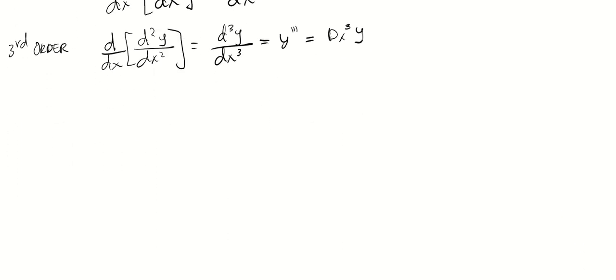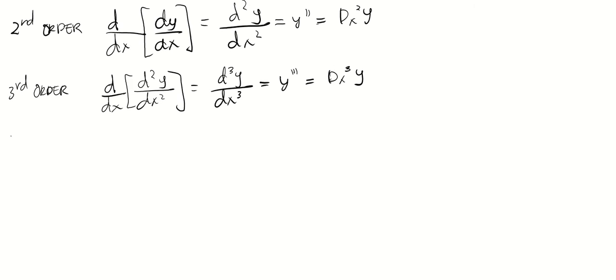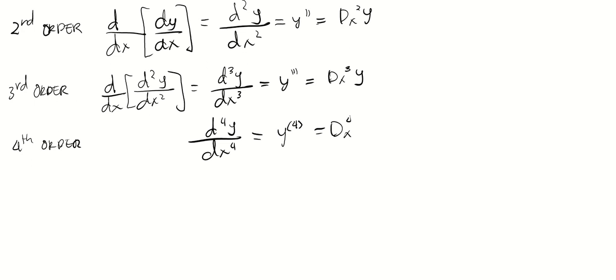And so on for the fourth order. Then it's the derivative of the third order. It's equivalent to d to the fourth y over dx to the fourth. It's the fourth order. For the prime notation, we write here 4, then you put it in parentheses. There's a quantity in the exponent to denote that it's not y raised to 4, but it's the fourth order derivative of y. For the D notation, then you just make it Dx to the fourth. And so on until